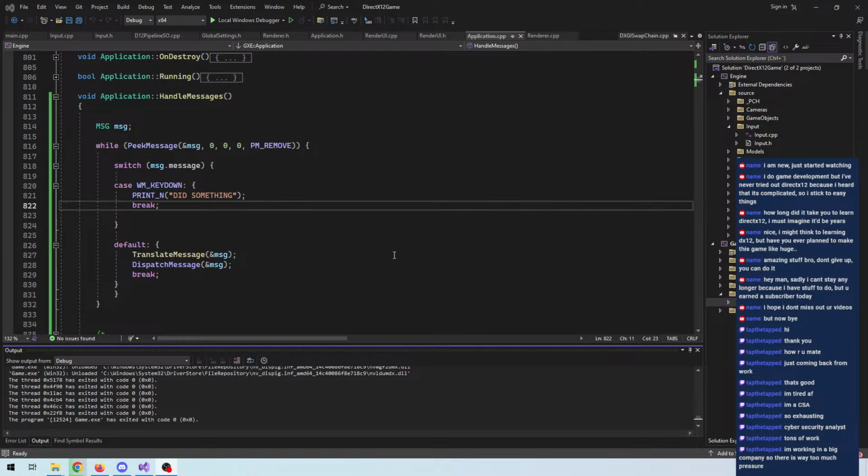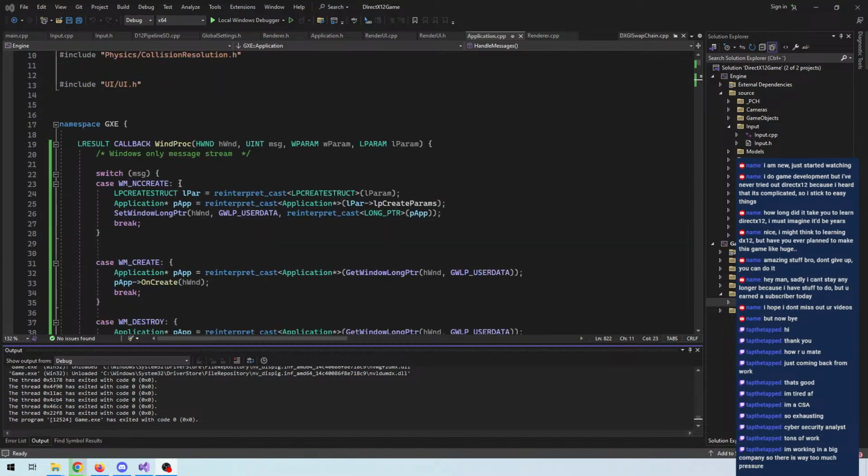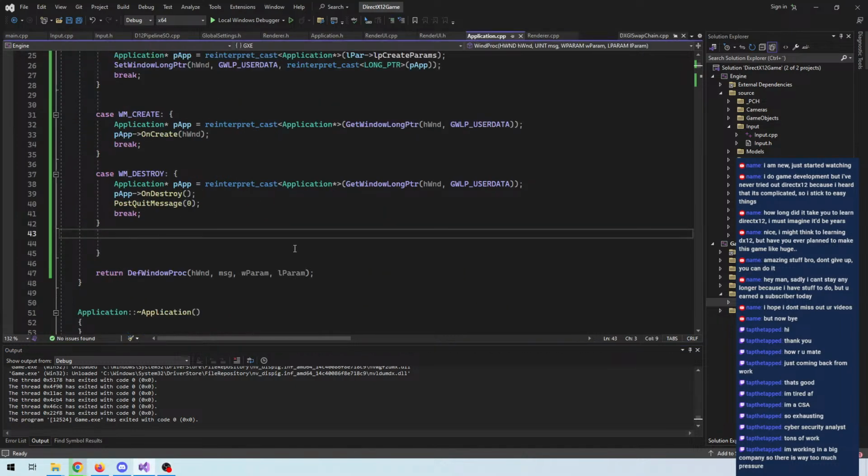Everything else is just either passed into the Windows procedure here. Since these methods are